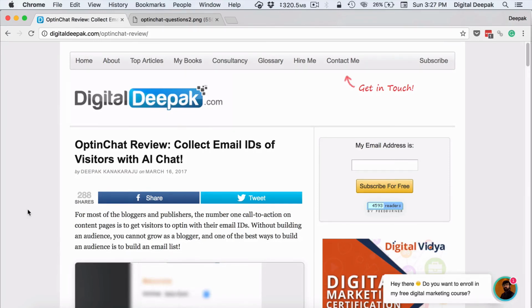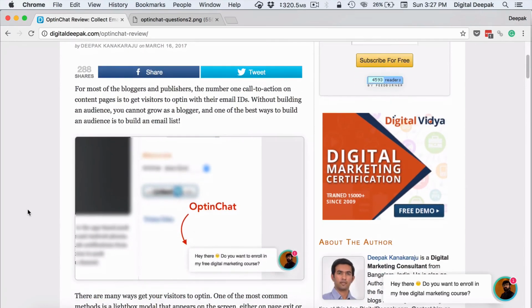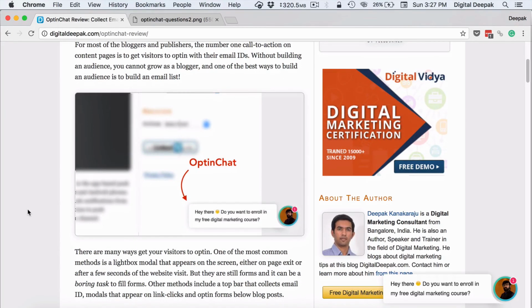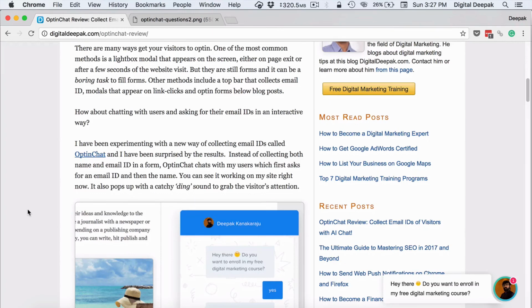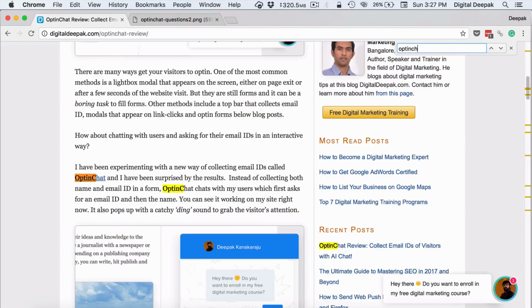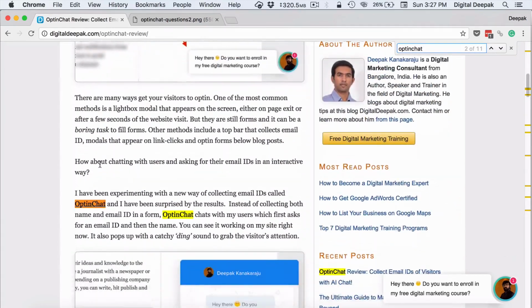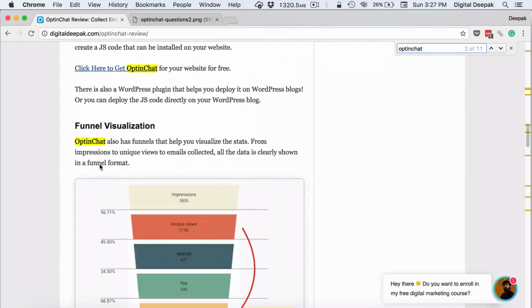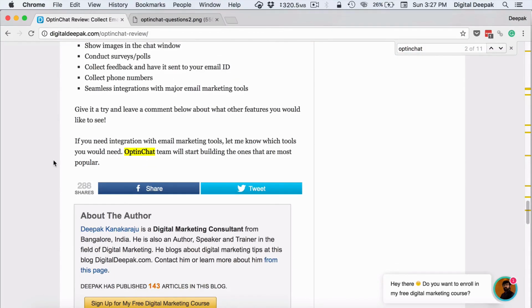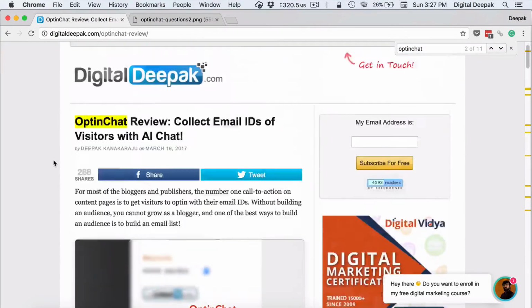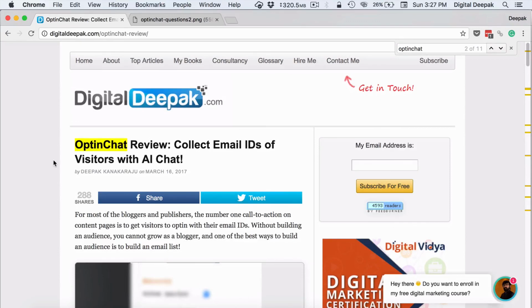Make sure that you do not write content trying to stuff keywords within your content. Just naturally let the article flow, and I believe that automatically the natural occurrences of the keyword will be spread throughout the article. If opt-in chat is the keyword here, and if I search for opt-in chat, you can see that there are 11 occurrences of opt-in chat, and it's in a very natural way. This was not intentional. I did not intend to place these keywords all over the article, but it occurs naturally while I am writing, because that's how natural language works.